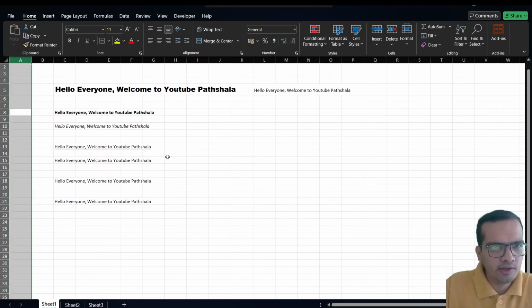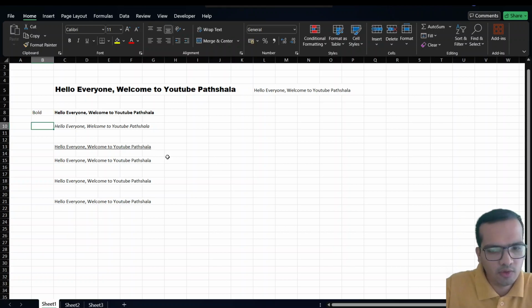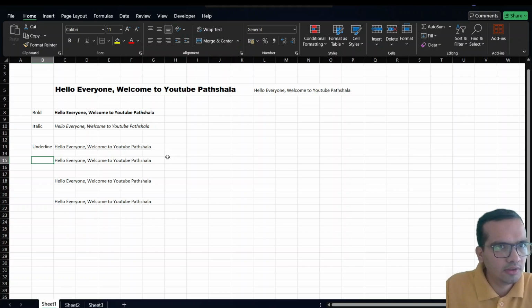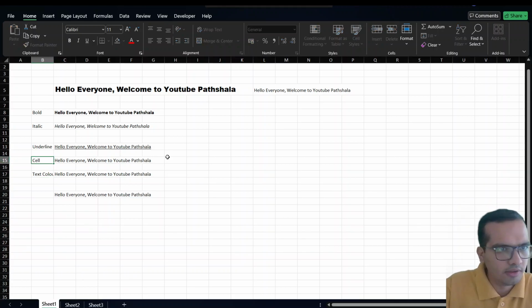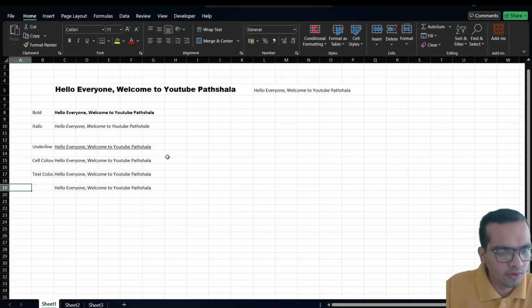Now I will try to rename it. Suppose first one was the bold effect, second one was italic, third was underline, fourth we will be changing the text color. Before that we will be changing cell color, and last one will be border